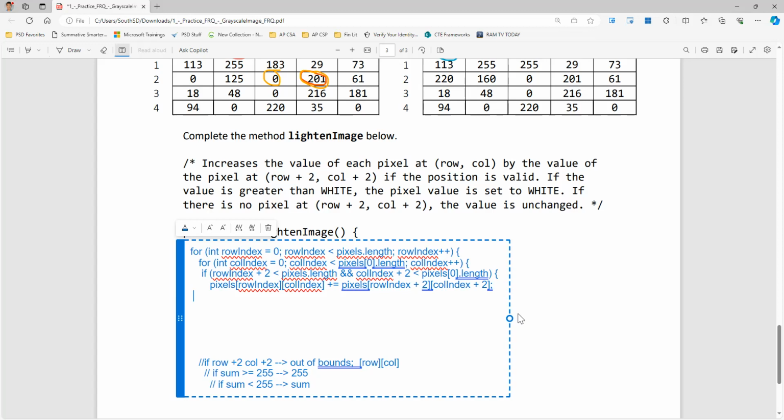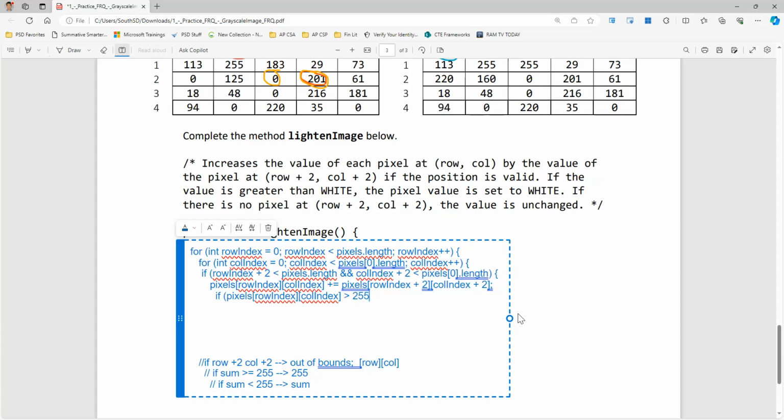But let's say we're going to do this if. So for in bounds, go ahead and do the sum. Let's say the sum is, like we saw earlier, 403. So this fourth line of code here that I'm on is going to result in 403. At first glance, you're like, uh-oh, what's going to happen? That's way too big. Well, we can do one more if statement that's going to run next, which is to say, hey, if that pixels row index, column index we just found, now the value is going to be 403, keeping with the same example I mentioned,